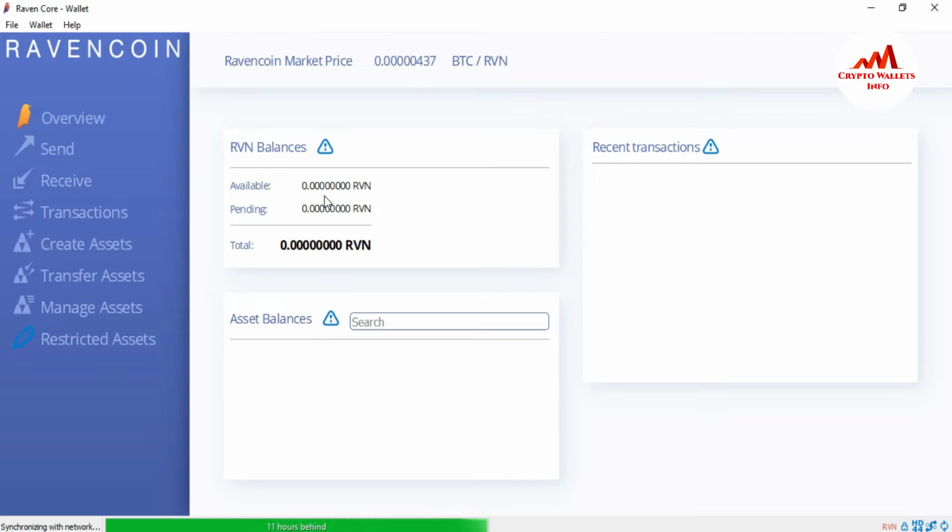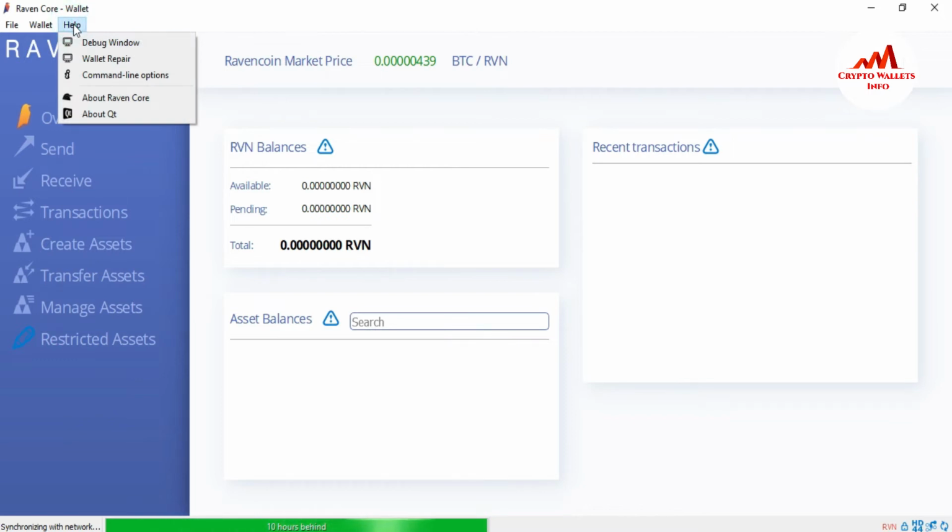Okay, so now I'm going to unlock my wallet. You can see here there is a lock shown: wallet is encrypted and currently locked. If you need to import any wallet with a private key, you must unlock your wallet first. After that you can import. So today we are going to first unlock my wallet, and after that I will import Ravencoin with the private key. I have no balance in my Ravencoin wallet, but this video is only for demonstration purposes. Just follow or use the same scenario with the Bitcoin Core wallet or Dogecoin Core wallet.